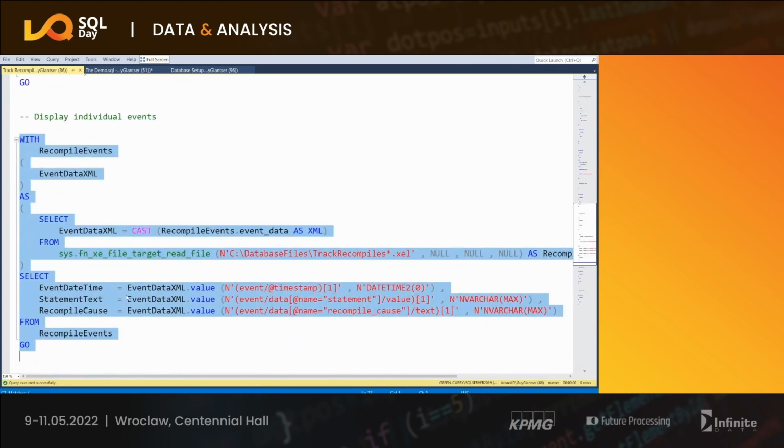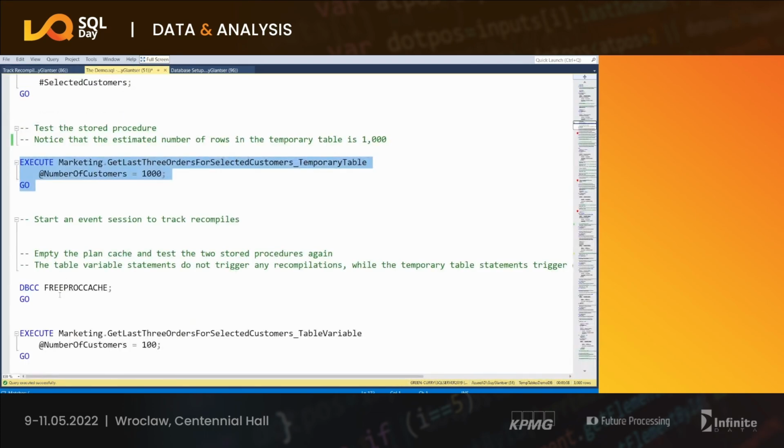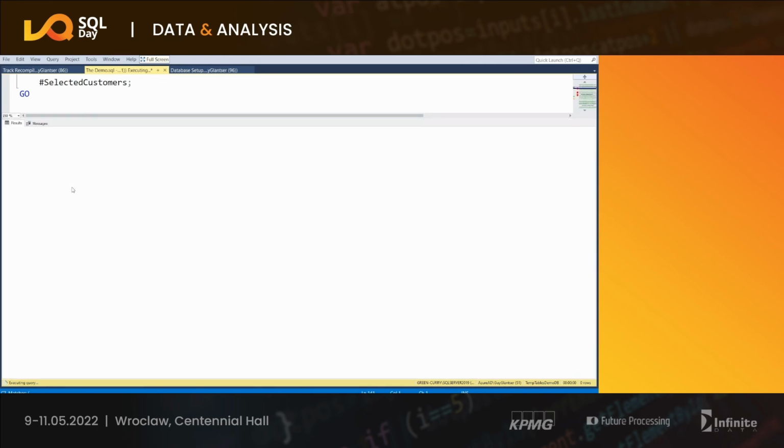And I have here a query with some XQuery to retrieve data from the file. Okay, so currently we have nothing. And let's go back here. Let's clean the plan cache, so we start from scratch. And first, let's run the table variable version, this time with 100 rows, because we don't want to wait 2 minutes. So with 100 customers,